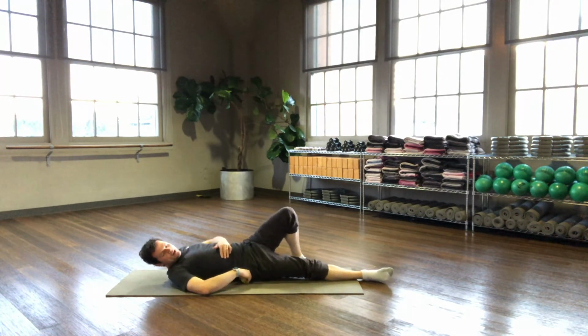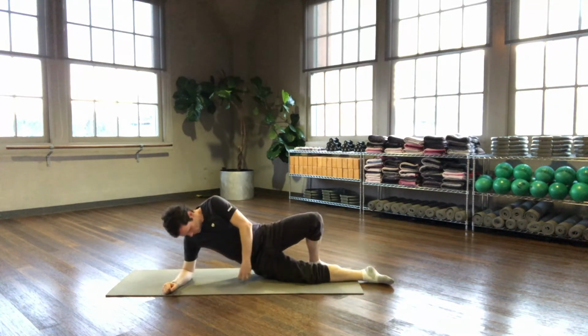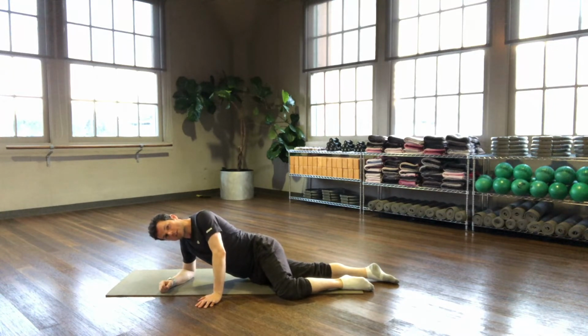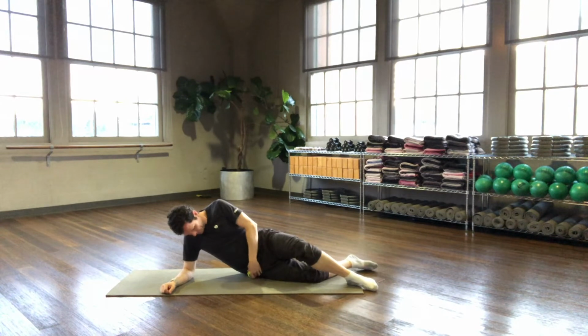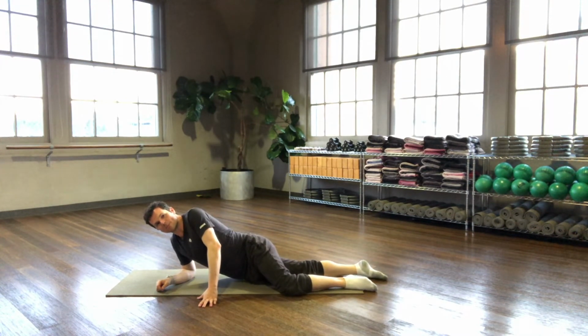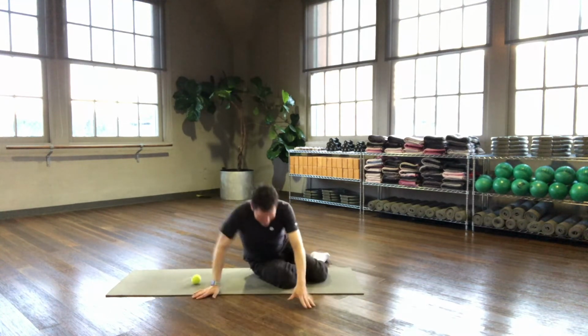You can keep going all the way to your TFL, which is right there. So you have to kind of switch over. I'll show you where I'm going for in a second. You're going right below the hip bone, like the swimsuit model's hip bone, right underneath that. So the TFL,